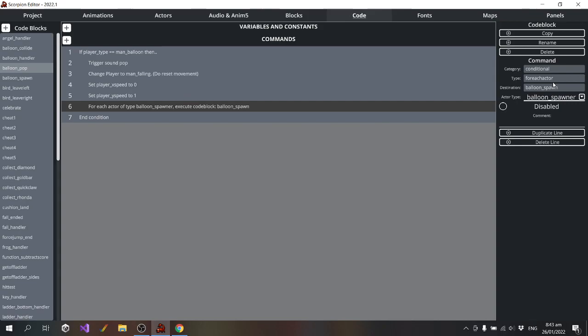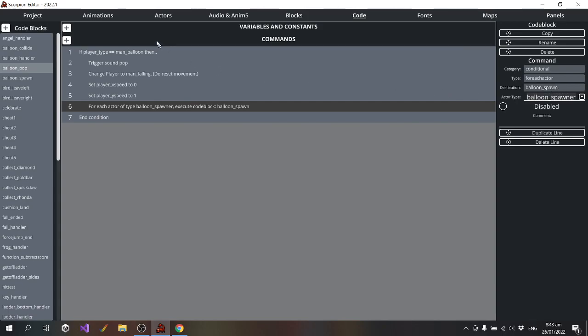It's mostly designed for things like, say, if you've got a smart bomb. You push a button and it destroys all of the enemies on the screen. So what this basically says is, for each balloon spawner actor, run the balloon spawn code block.